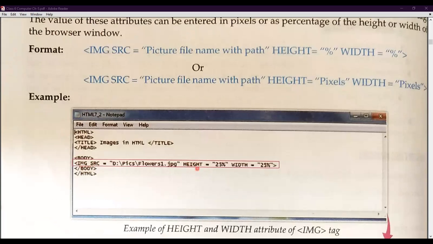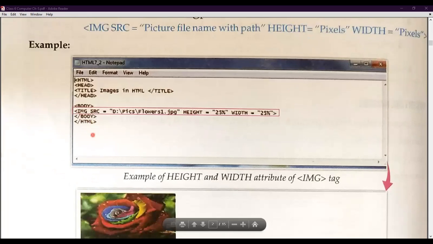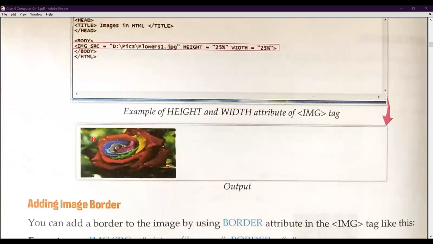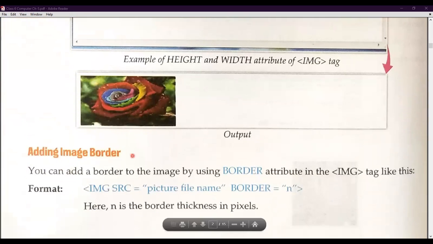Supposing we are giving 25% of height, and width is also 25%, we mention it there. After mentioning height and width and giving the image, we close the body tag and then the HTML tag also. So you will find that your picture is resized because you resized it with the help of the height and width attributes.